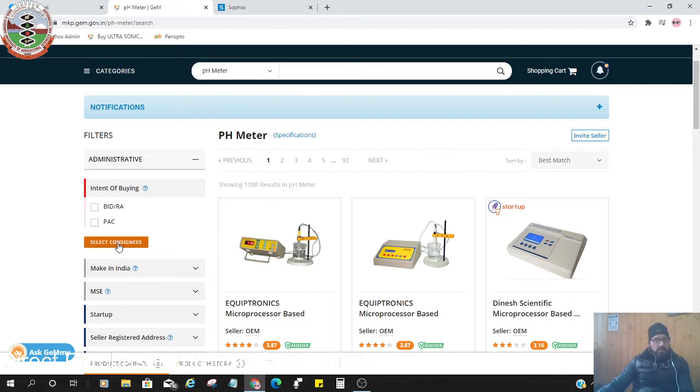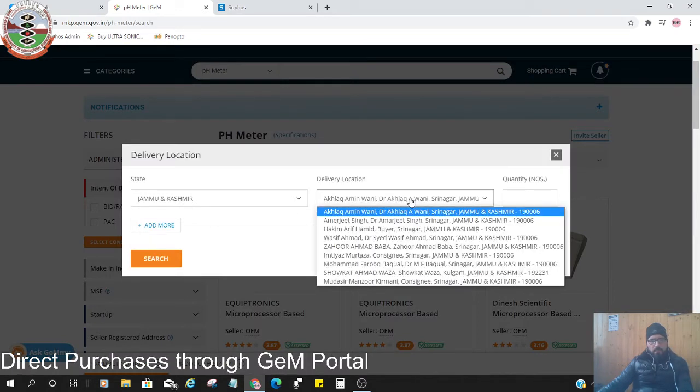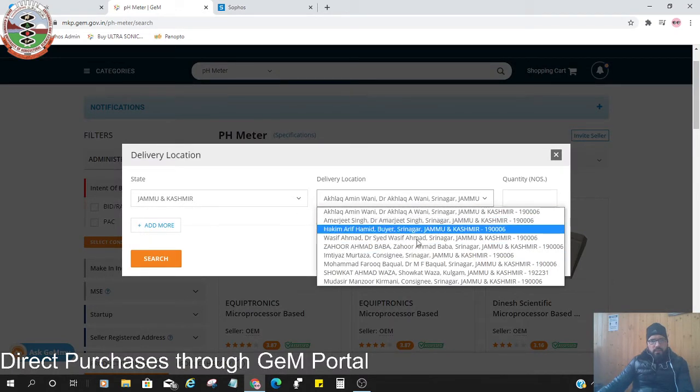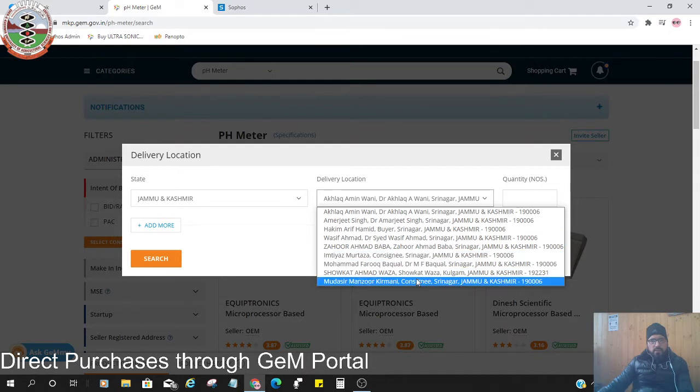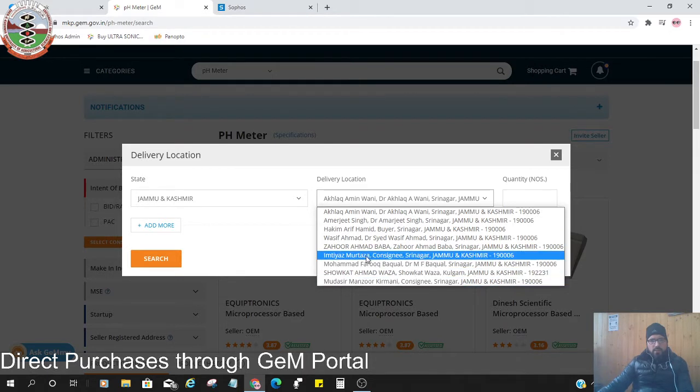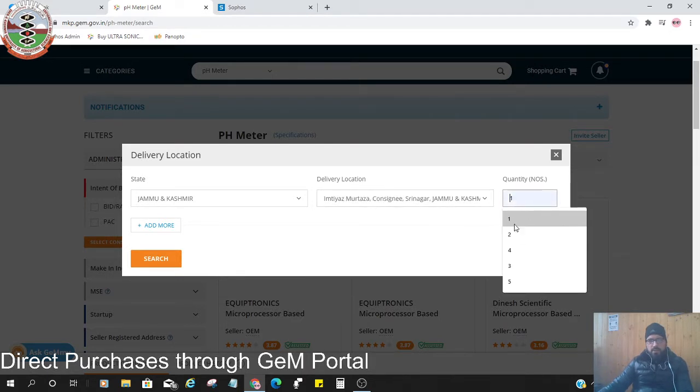So we will select our consignee. These are the consignees for different faculties. Let us suppose I'll select this one for Shalimar campus. Quantity is one. So, search.